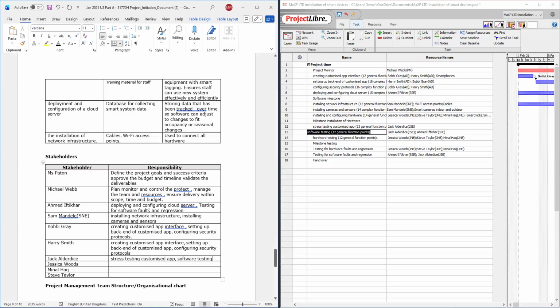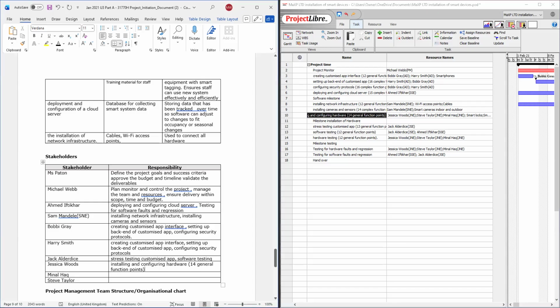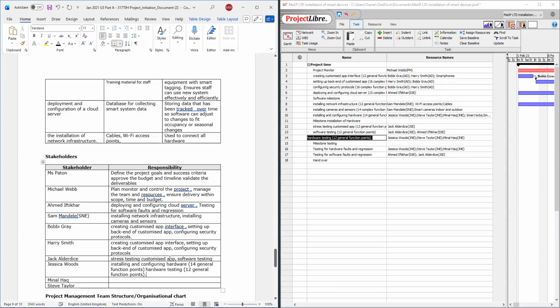That's it for him. Now, Jessica Wood. All three of these guys do the same thing. So that's installation, Control C. They also do hardware testing. They also do hardware regression, Control V.